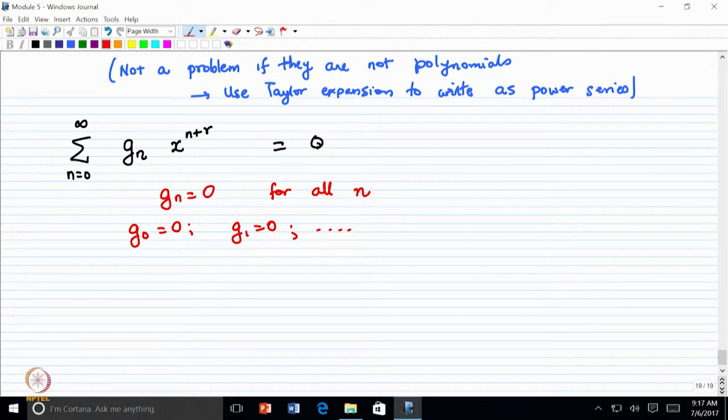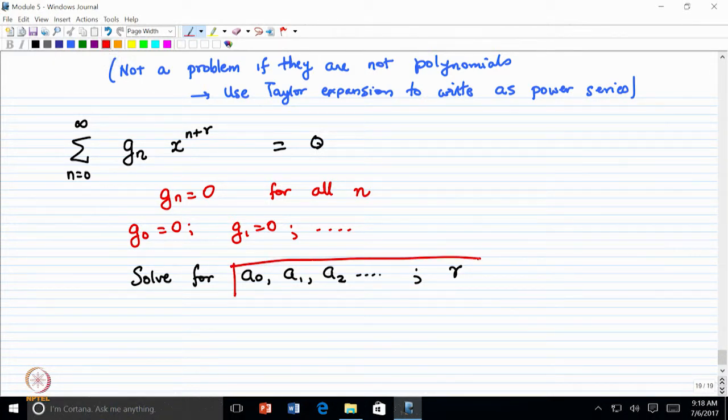Once you do this, you solve for a 0, a 1, a 2, and you also have to solve for r. These are the unknowns, all the things that you need to solve for. All these equations will give you ways to solve for them, and typically we identify patterns